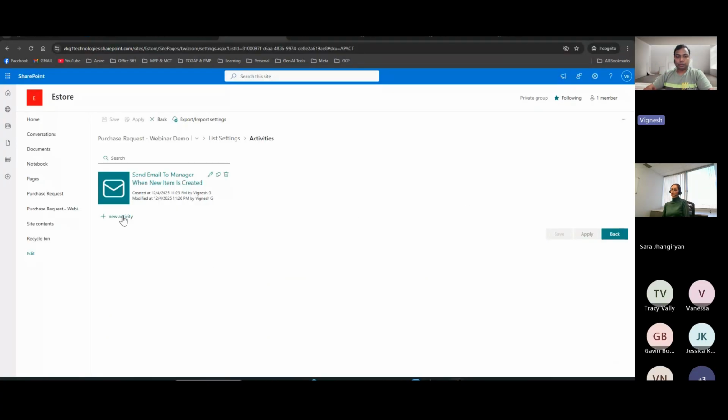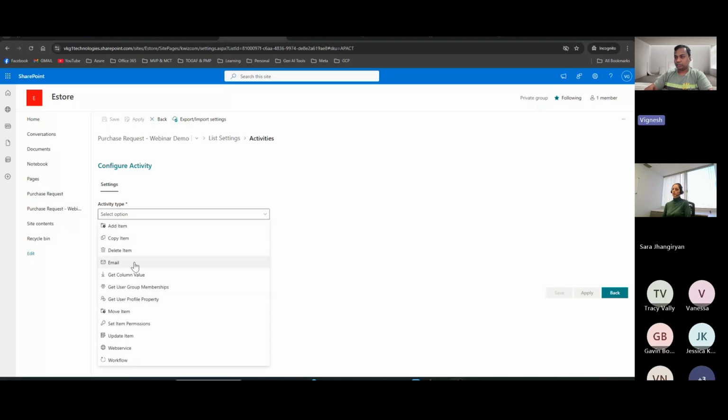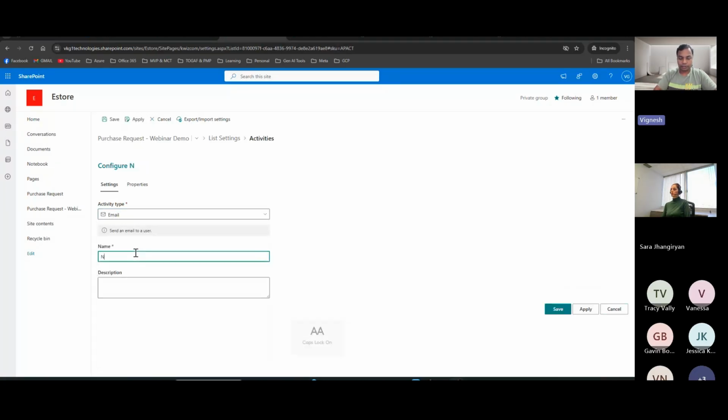Now the next thing which I want to do is create one more activity. This time I want an email to be triggered after the manager makes a decision, whether the manager chooses to approve or reject. The requester should get notified, right? So let's create one more activity for that. I'm going to call this again email. So this time, notify requester on approval